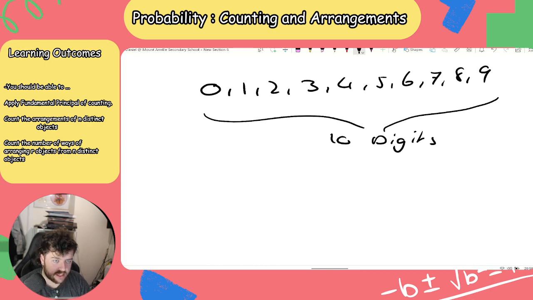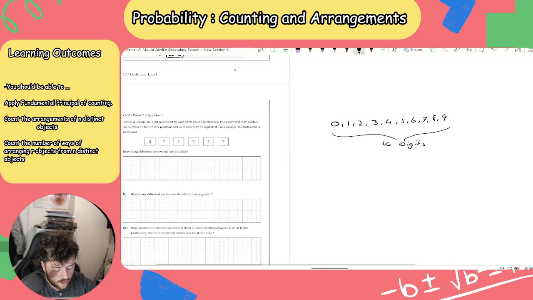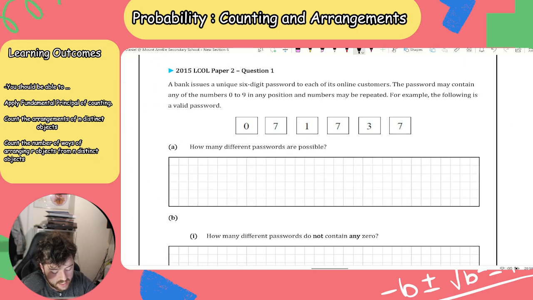I have here 10 digits, right? The question says this bank is using a unique 6-digit passcode for each of its online codes, and the password may use any number from 0 to 9, and it may be repeated. So I can use the same code again. So for the first block, we have 6